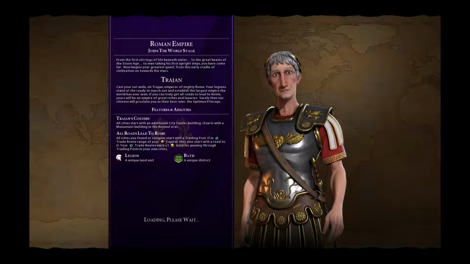From the first stirrings of life beneath water, to the great beasts of the Stone Age, to man taking his first upright steps, you have come far. Now begins your greatest quest. From this early cradle of civilization on towards the stars. Cast your net wide, O Trajan, Emperor of mighty Rome. Your legions stand at the ready to march out and establish the largest empire the world has ever seen. If you can truly get all roads to lead to Rome, yours will be an empire of great riches and luxuries. Surely then our citizens will proclaim you